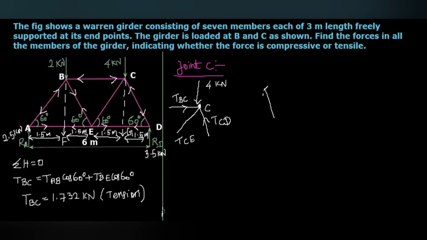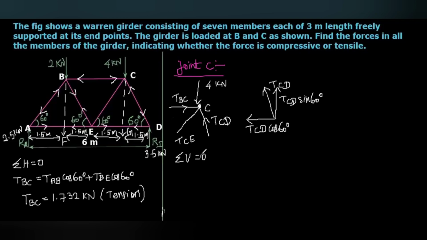Okay. Here, this is TCD with an angle 60° with respect to the horizontal. So, the vertical component of TCD that will act upwards, TCD sine 60. The horizontal component will act towards the left side, TCD cos 60°. Okay. Then, when you resolve, that means summation of vertical forces